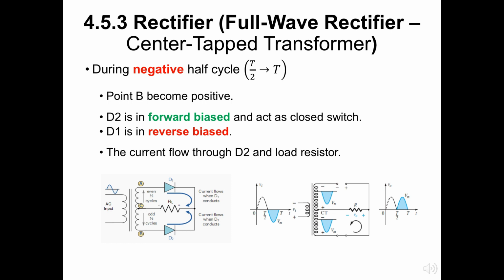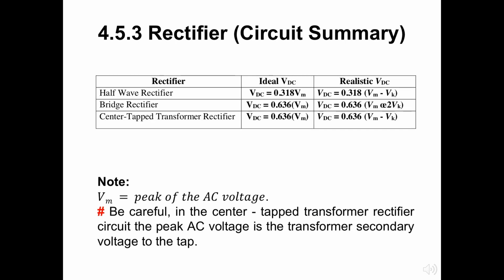During the negative portion of the input, the network appears in left figure, reversing the roles of the diodes but maintaining the same polarity for the voltage across the load resistor R. The net effect is the same output as that appearing in figure on the right with the same DC levels. D2 assumes the short circuit equivalent and D1 the open circuit equivalent, as determined by the secondary voltages and the resulting current directions. This will be the summary of all types of